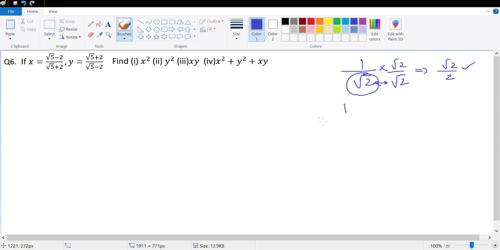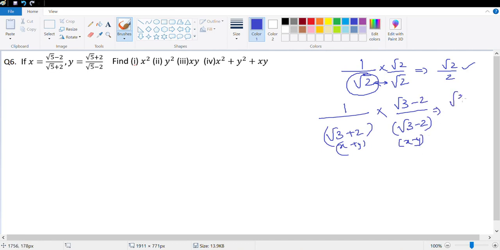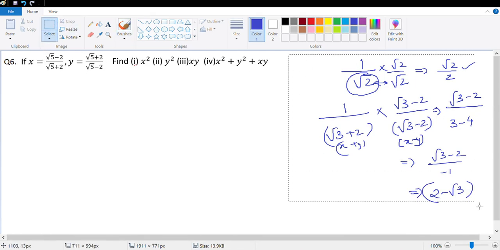And in case I have it in the form root 3 plus 2, like the way I have written, then this is in the form x plus y. So I'll multiply it with the form x minus y, which in this case would be root 3 minus 2. So the denominator becomes x plus y multiplied with x minus y. So the numerator is root 3 minus 2 and the denominator becomes x square minus y square, which is 3 minus 4. So this value is root 3 minus 2 upon negative 1, which basically can be written as 2 minus root 3. So from the denominator, the irrational term has been removed. That's the basic concept of rationalizing that we've done till now.